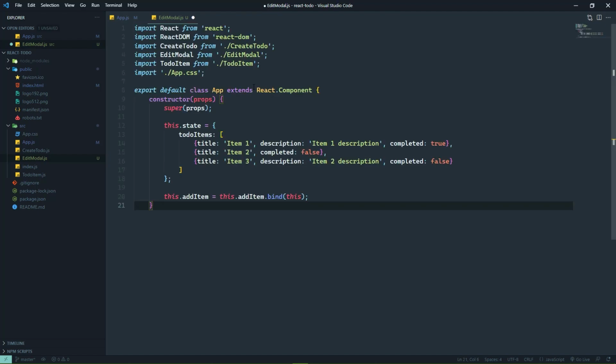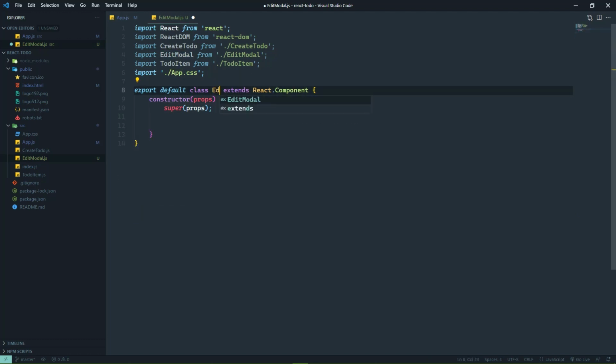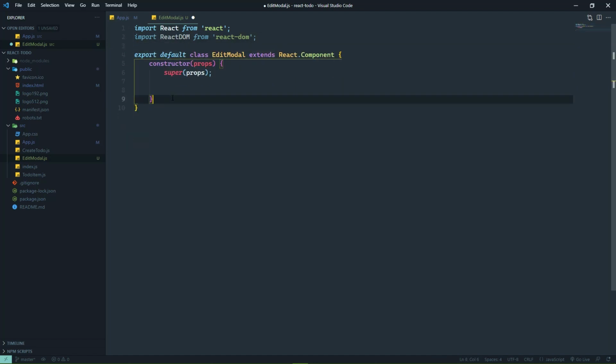Well, what we are going to do for our edit modal is use uncontrolled components. But even still, we need state. So we are going to use a class for this component. Let's change the name to EditModal, and then let's get rid of all of the import statements that we don't need. All right, so as far as the render method is concerned, I'm going to paste in pretty much